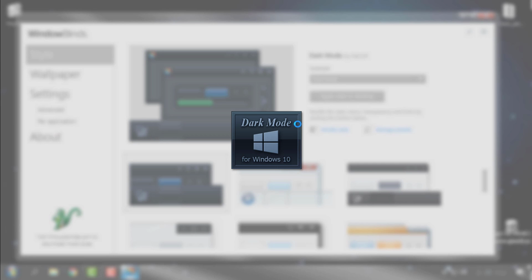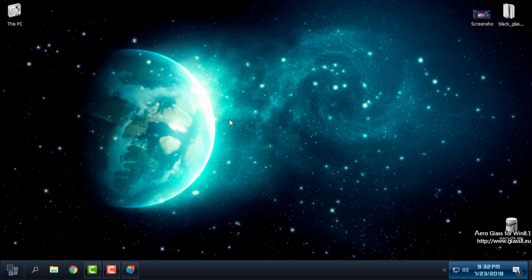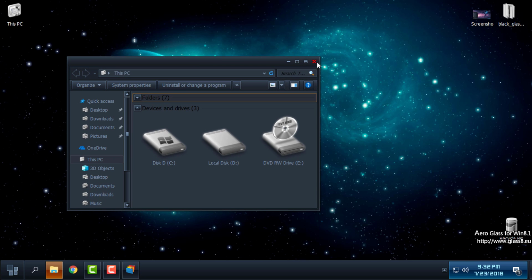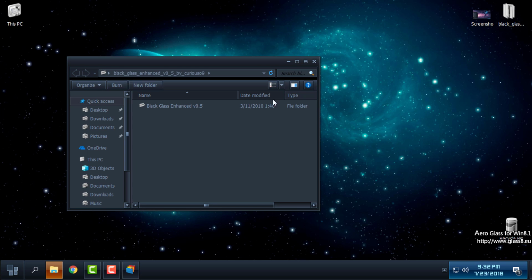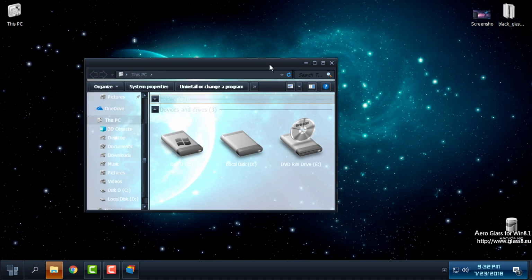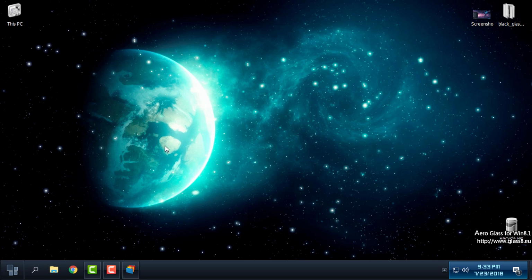Let's try another theme. Maybe this custom theme will not have the option for Aero Glass because the style of the theme is completely dark, and yes, but I want to try this. Here I have a Black Glass application that maybe will work, maybe not, but let's try. Okay, here the Black Glass is running, and the Black Glass, it's working, but